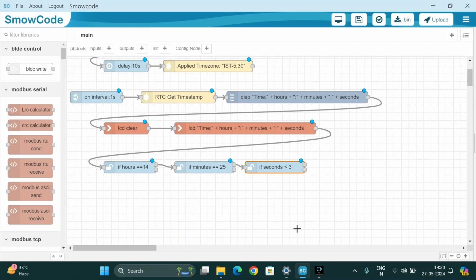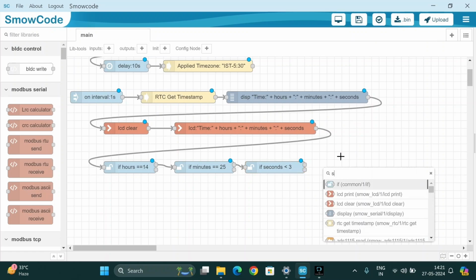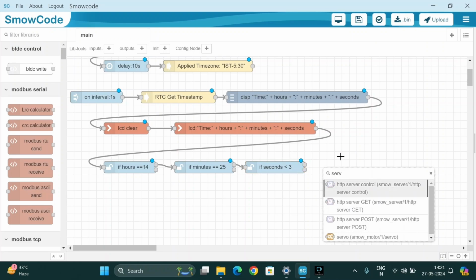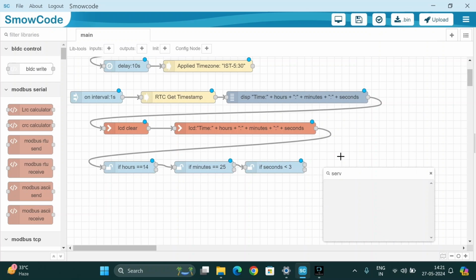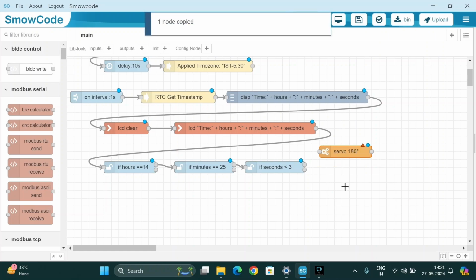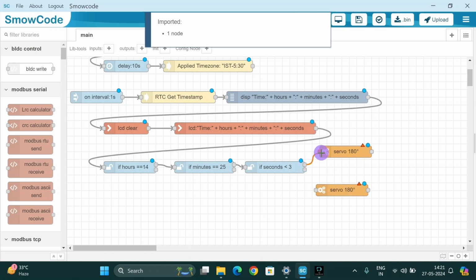Next we will set up the servo motor to dispense food at specific time. For this we need a servo. Take a servo. Done. Connect the flow.